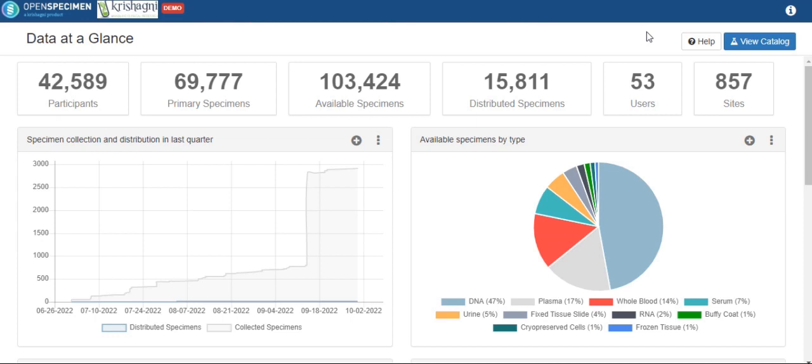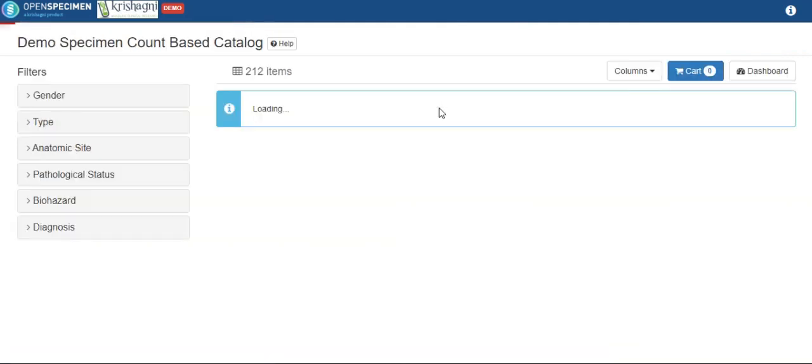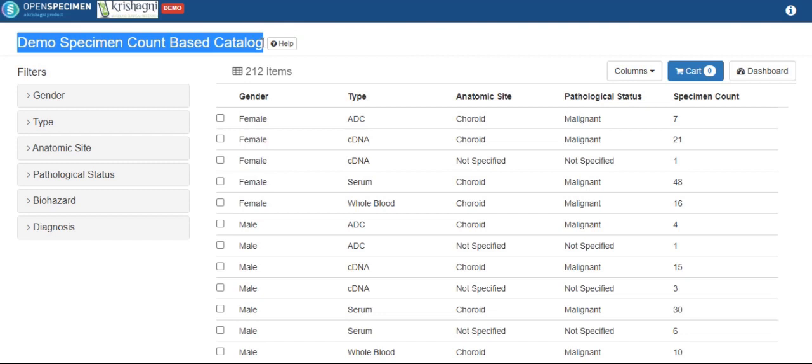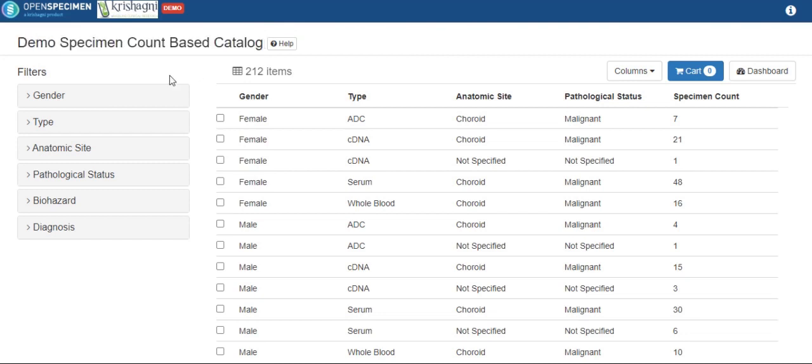To navigate to the catalog, you can use the view catalog option on the right hand side of the page. On clicking this option, you will be redirected to the catalog result view page. On this page, you can see multiple parameters. On the left hand side, you can see the name of the catalog, which is demo specimen count based